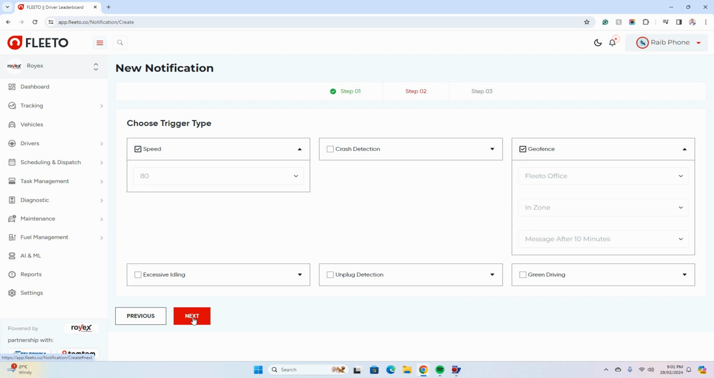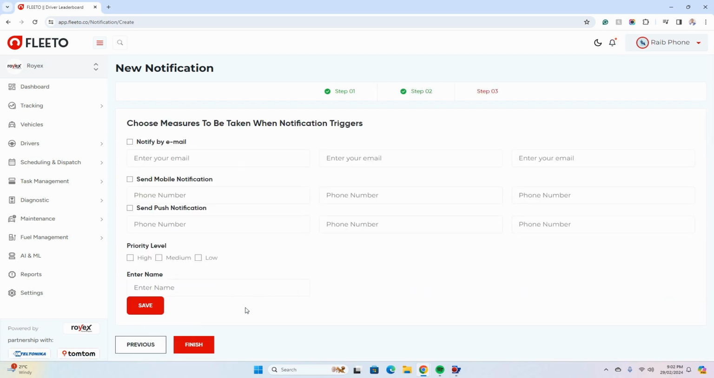Then we go to the next page, and we can set up who will receive the notification. And for the priority level, I can say it's low priority, create a name, and then save it. Then anytime this situation comes up, whether a vehicle is inside the zone or the speed is high,